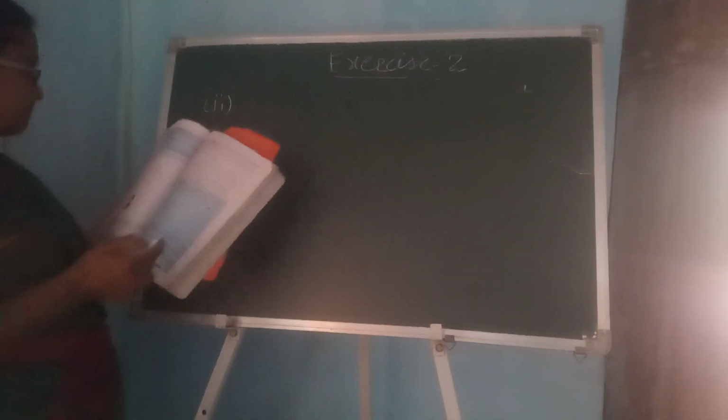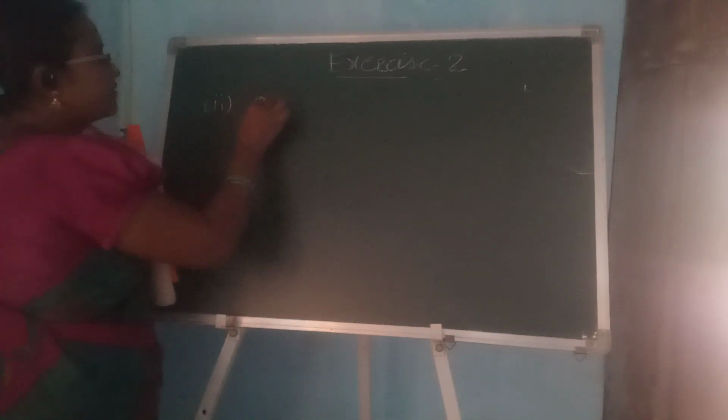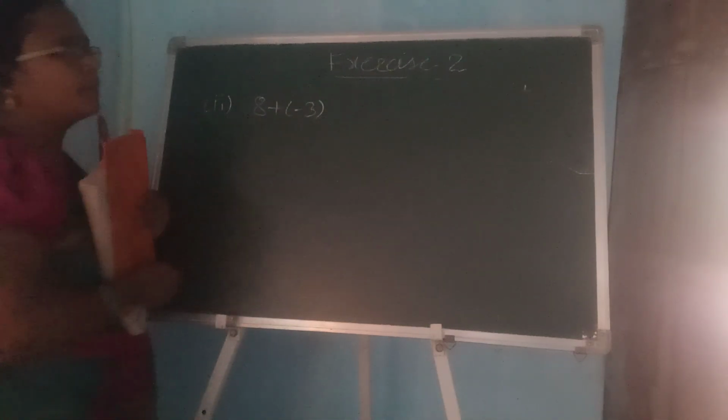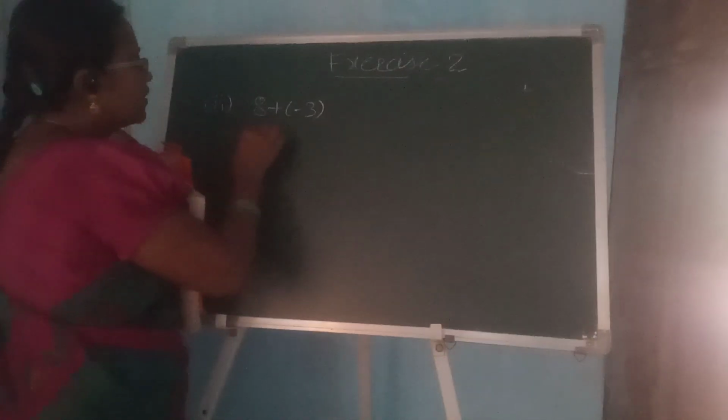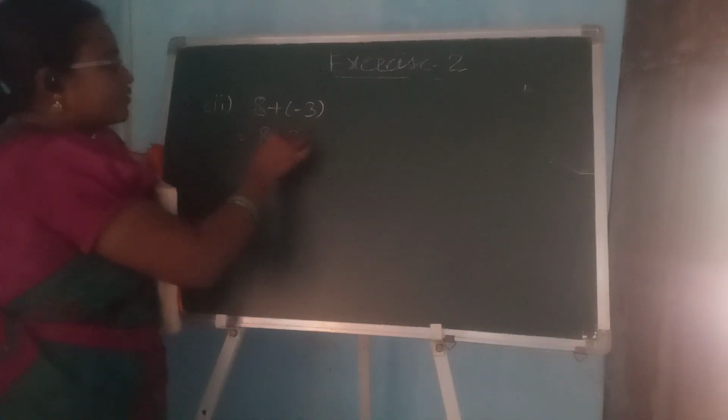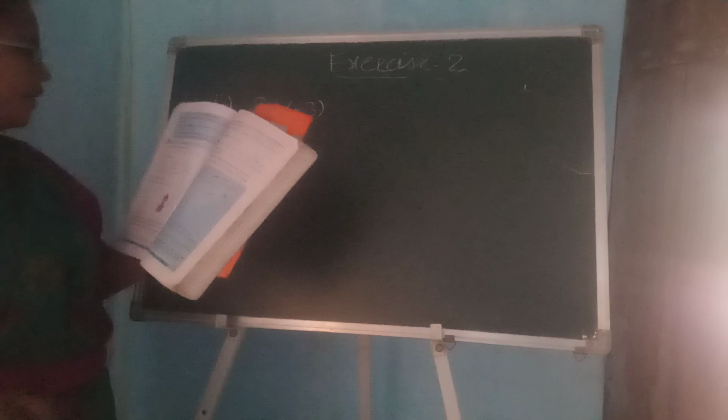Second one, 8 plus of minus 3. Nothing but, as I said previously, plus into minus is minus. So 8 minus 3 is 5. Now the third one,